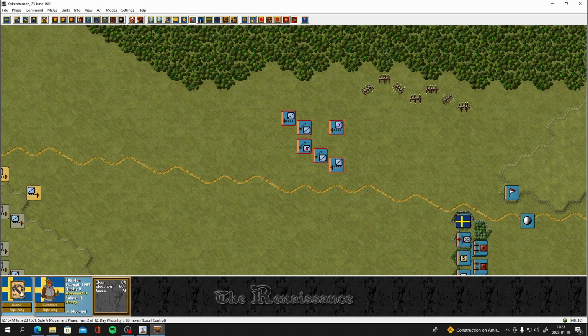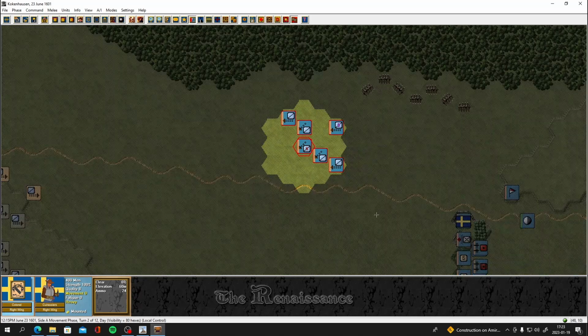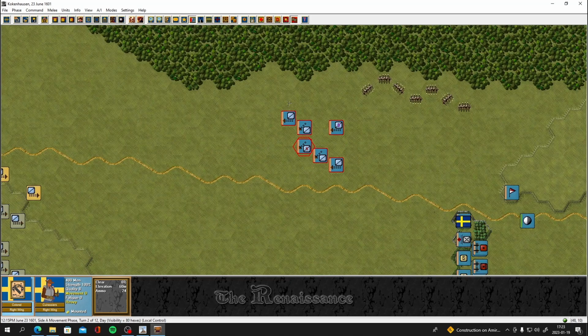Where's my leader? Here he is. Let's see what his command range is. I said they're all within command range now. I think we should just...